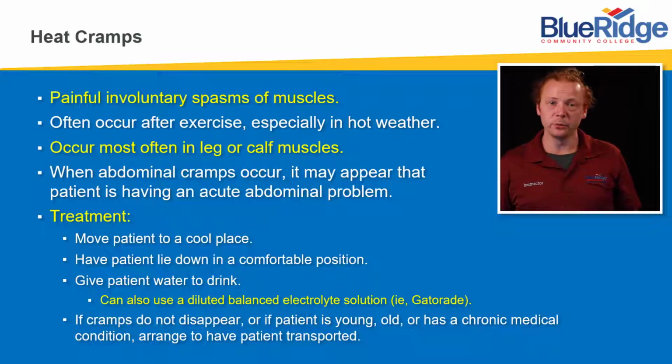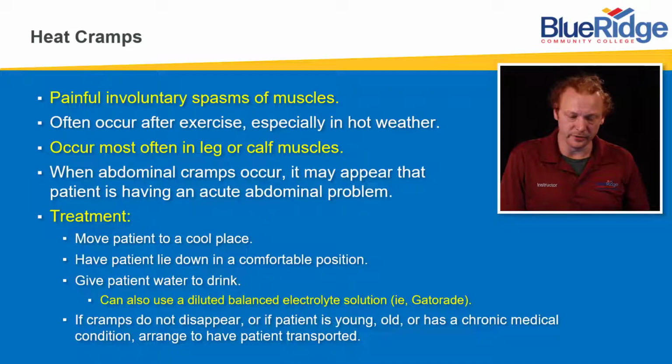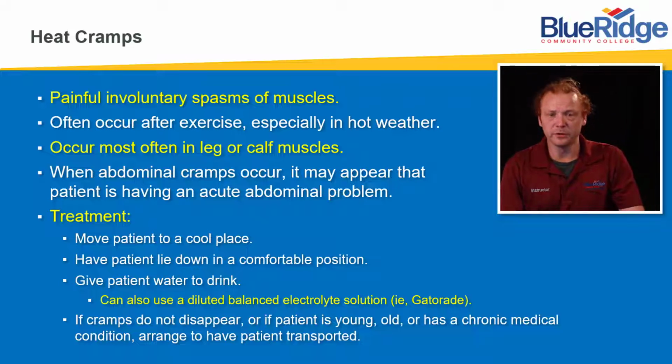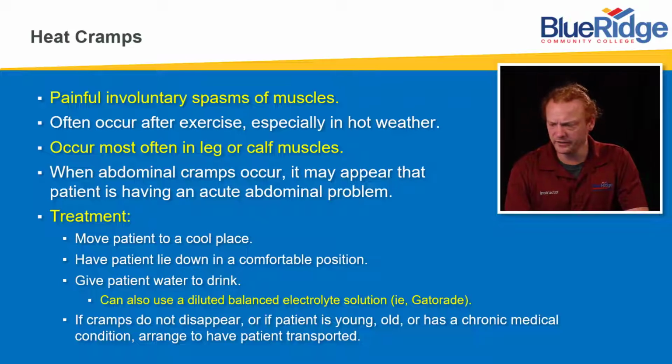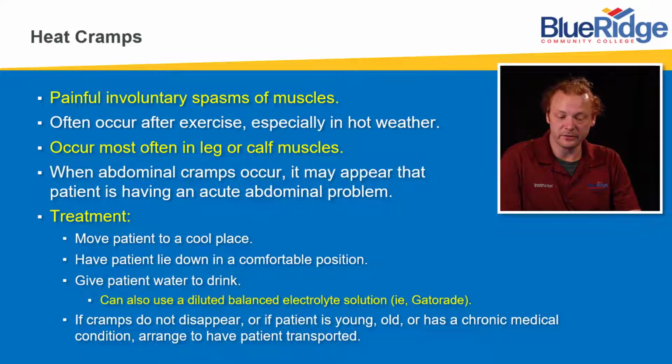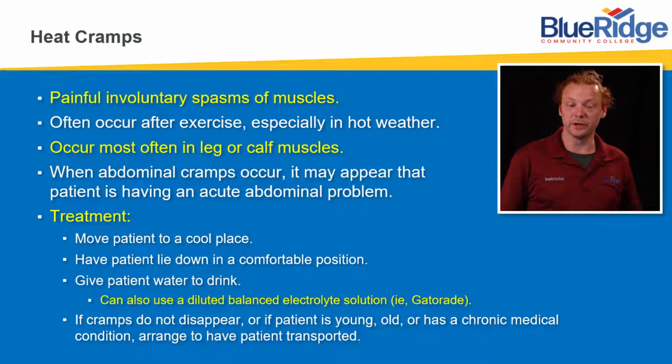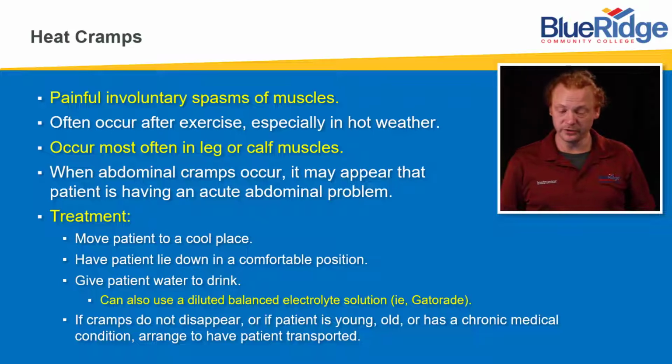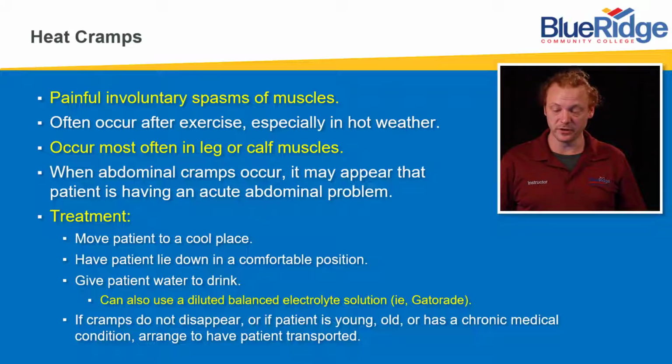So we have the three forms of exposure to heat. First off are heat cramps. Heat cramps are painful, involuntary spasms of muscles. They often occur after exercise, especially in hot weather. The exact cause of heat cramps is not really known specifically, but it is thought to be related partially to the change in electrolyte balance that occurs during exercise, or partially to dehydration that accompanies exercise or working in